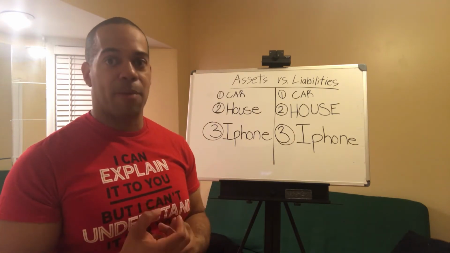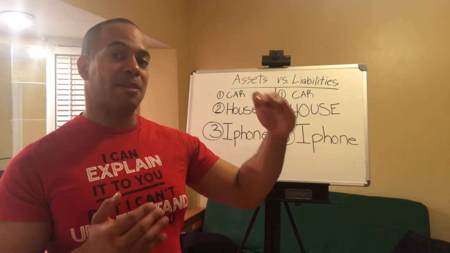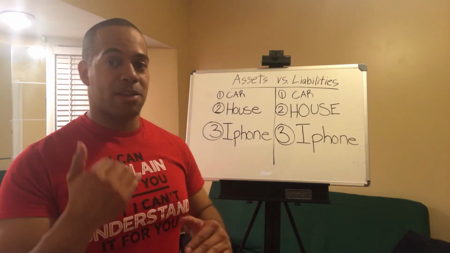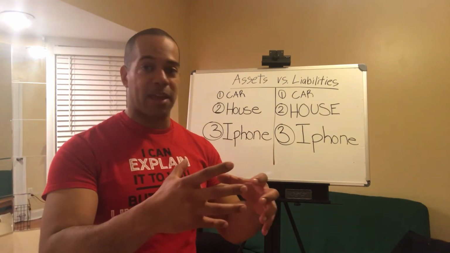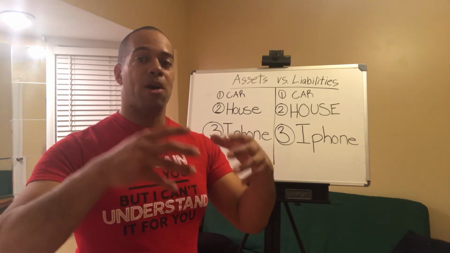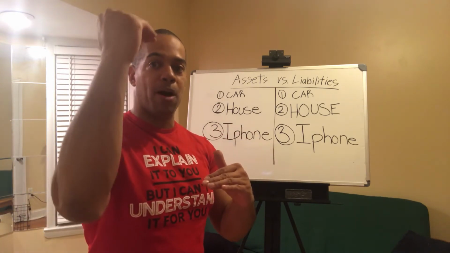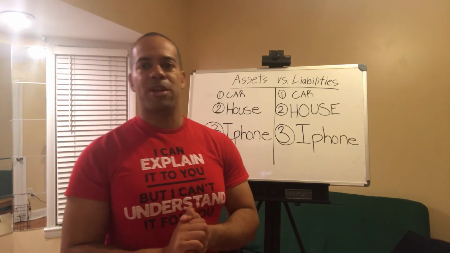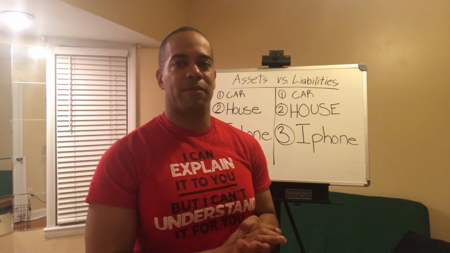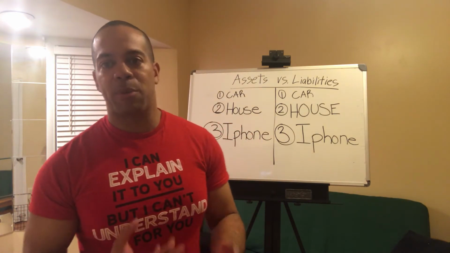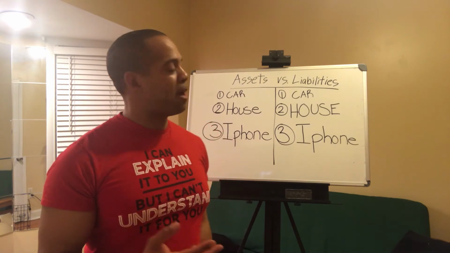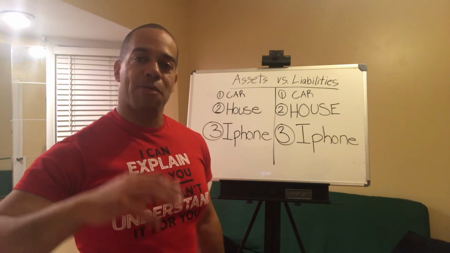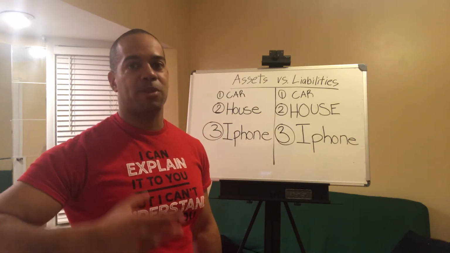So you definitely need to have assets. You need to have cash flow coming in. You need your liabilities to be less than that cash flow, less than your assets. Because at the end of everything, at the end of the cash flow, at the end of the assets, you want to be ahead, bringing in more than your liabilities. And we'll get into a little bit more about equity and cash flow a little bit later on. But I really want you guys to get this down: assets versus liabilities. Start thinking about that cash flow, the revenue streams coming in.